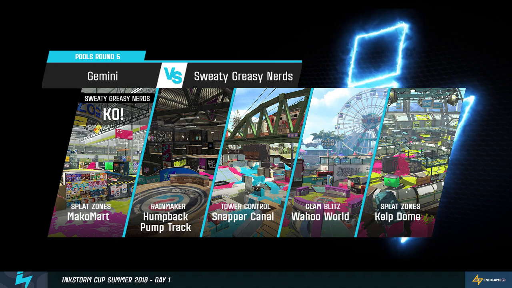It's not always about how many kills you get, but even the power of the Charger is that it can be so intimidating that you have to work around the backline itself. And so that allowed the rest of Sweaty Greasy Nerds to do what they needed to do to make sure that they could push up without fear and get in Gemini's face to keep them in spawn and getting back to the zone. You bring up a great point there with the Charger not necessarily needing to be that kill